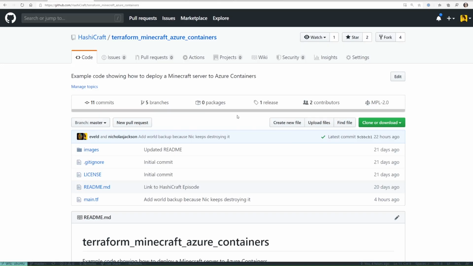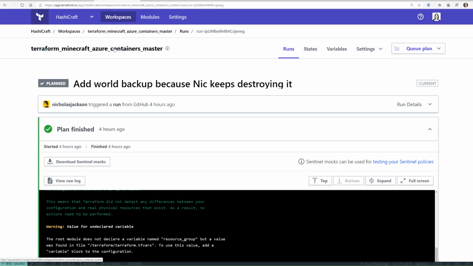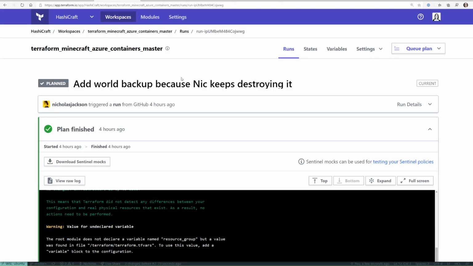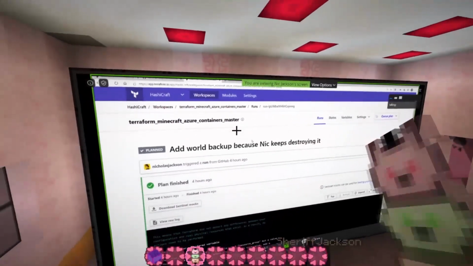Yeah. If I go over to my Terraform Cloud, it's in one of these tabs, way too many tabs, but there we go. So this is our production environment. What we want to do here is change this because we want it to be a little bit more dynamic. Last time when we were setting things up, we set this workspace name, and the name is exactly how it will be inside of Terraform Cloud. So we have a name there, Azure Containers Master, and I have a workspace here of Azure Containers Master. Okay, simple one-to-one relationship. Yep.